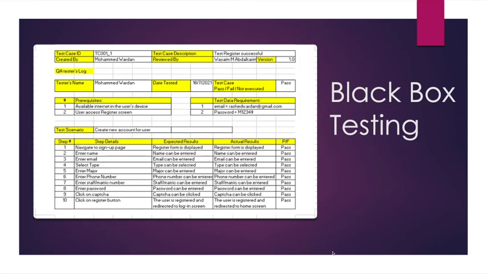As for the black box testing, it is a testing approach that was conducted to test the functionalities and the flow of the system. But the difference with black box testing is that the tester who is testing the system does not know about the internal code and implementation of the system. Students from the Faculty of Computing assisted me in this black box testing to test the functions and the flow of the system.